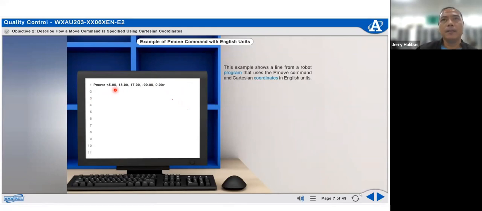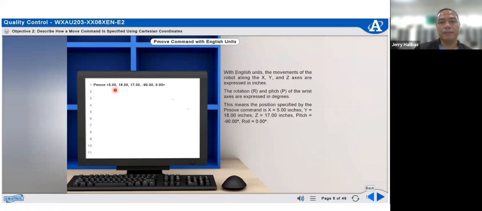Millimeter or centimeter. Anyway, for example, if it is in English units,